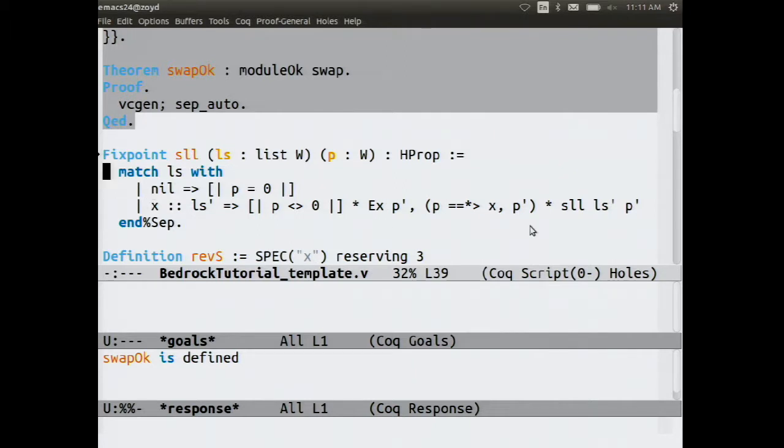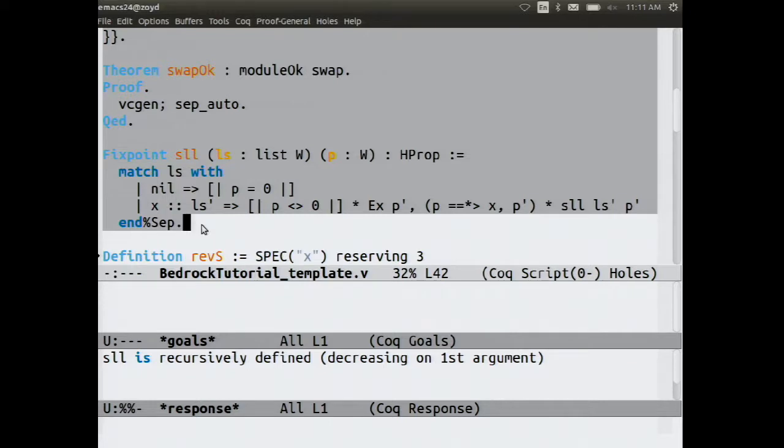Furthermore, then in disjoint memory, we find the tail of the list, the tail pulled out of here, represented starting at the next pointer p prime. And I use %sep to set the so-called notation scope, so we interpret things like star as this funny conjunction instead of as multiplication. Is the sep scope standing for separation logic? It is.